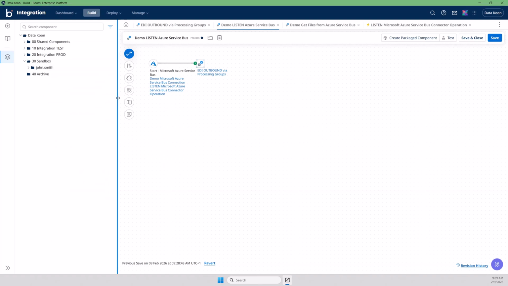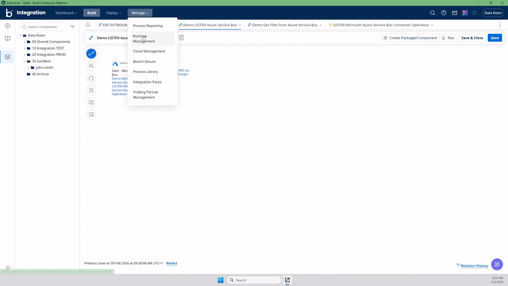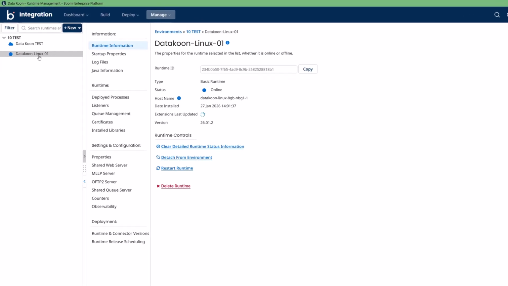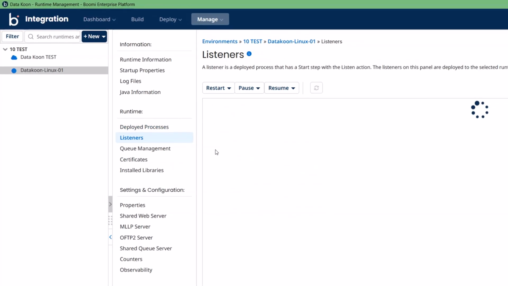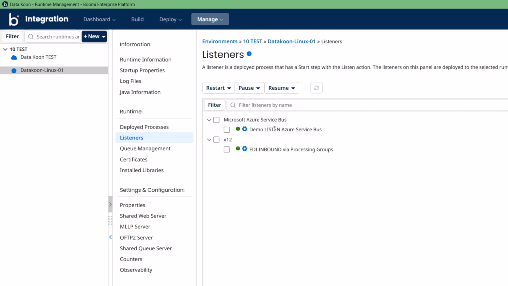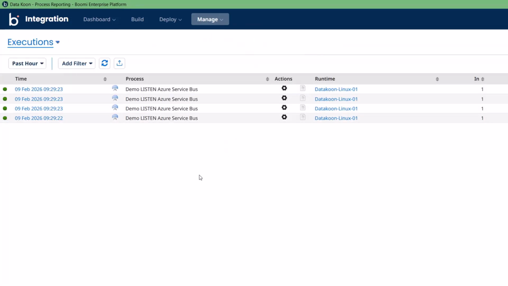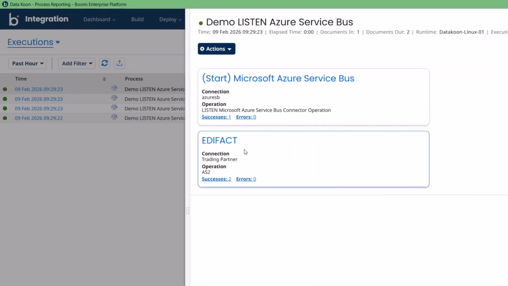So, I think if we look into the deployed processes, here you see demo listen Azure Service Bus is deployed. EDI outbound via processing groups is also deployed. We have a new listener, yeah, demo listen Azure Service Bus. My expectation is that by now the 4 files are already fetched. As you can see, this is correct. It was fetched and also sent